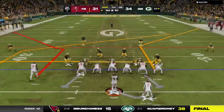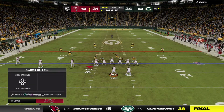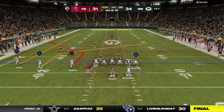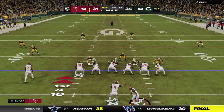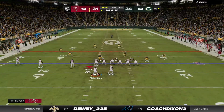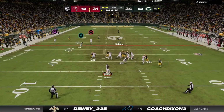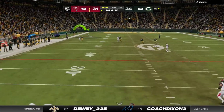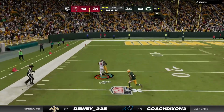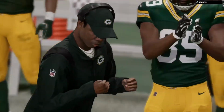They'll come up 1st and 10 here. Hey, Chris. Dragon 60. One final shot. They'll look to throw. Now a desperation throw deep downfield. And it's incomplete. So their final drive comes up